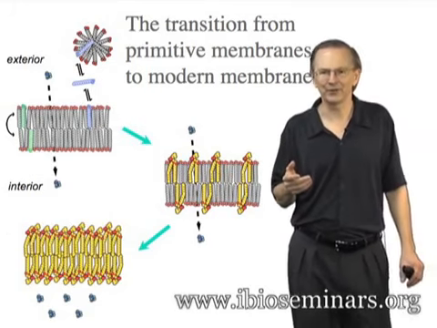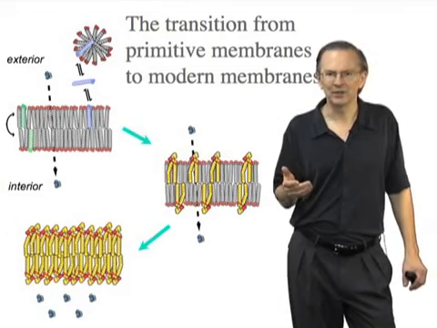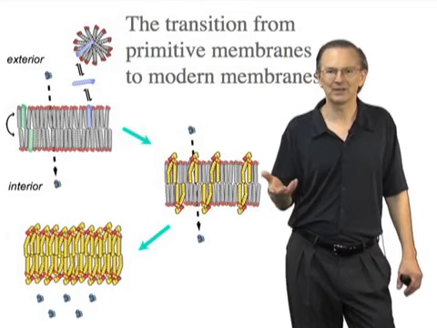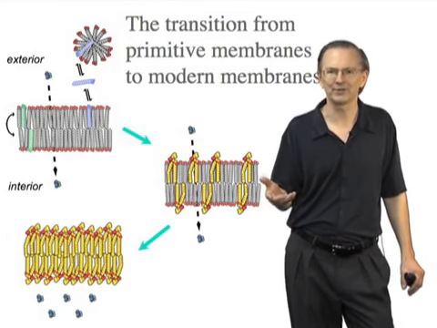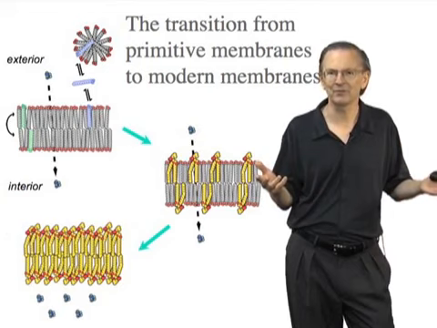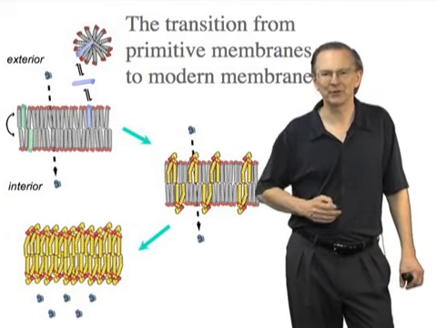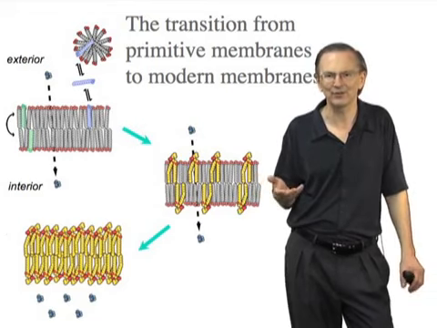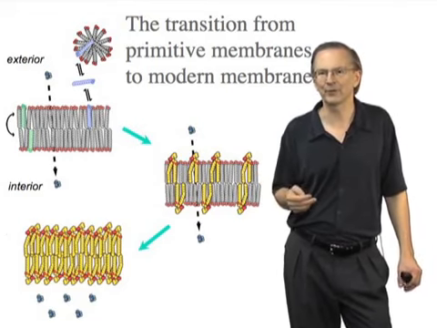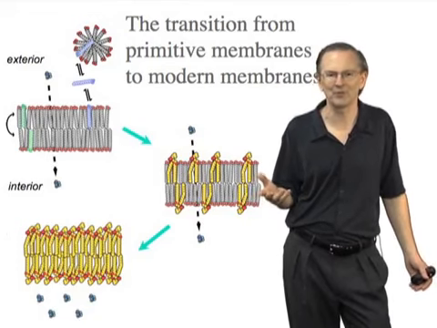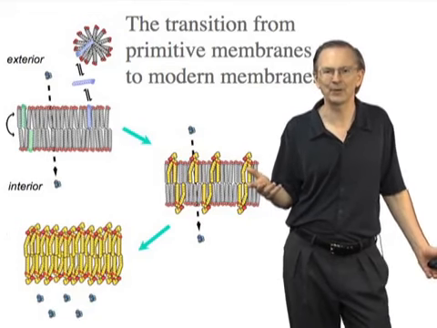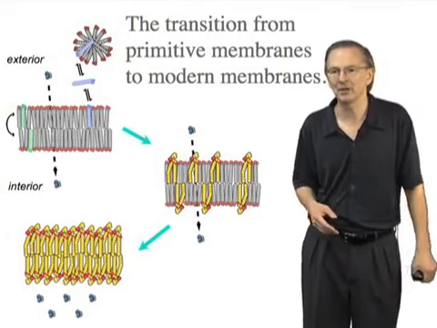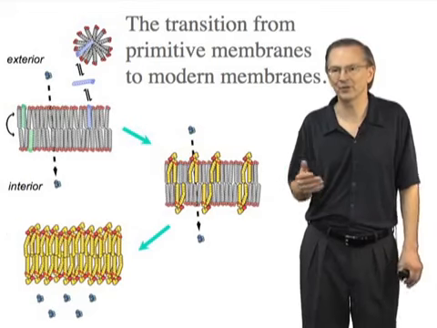The thing that puzzled us for a long time is what possible selective advantage could there be to the presence of a small amount of phospholipid in a fatty acid background. It was very hard to imagine any reason why that would be advantageous. It didn't really seem that a little bit of phospholipid would change the physical properties of the membrane in any particularly useful way. And so the answer to this conundrum came from doing experiments,